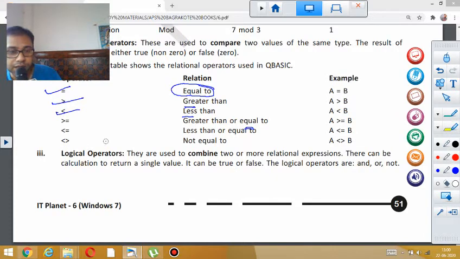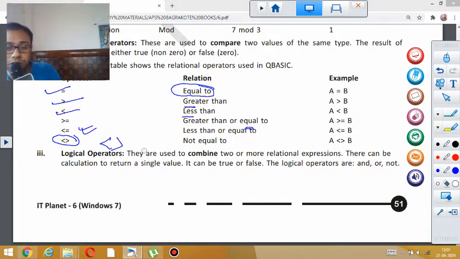Similarly less than or equal to. The not equal to operator is given as the greater than and less than signs together, and it is called not equal to because if a value is greater or lesser, it can never be equal.